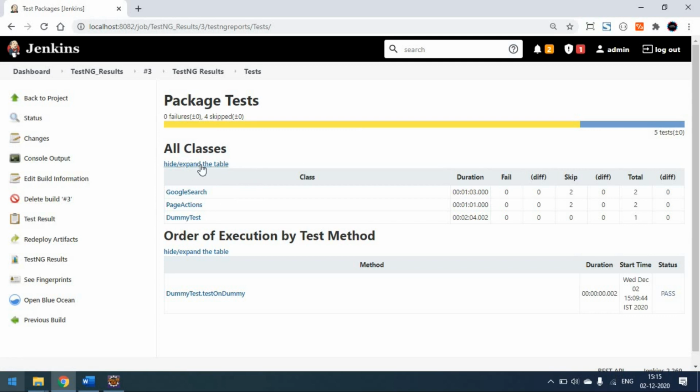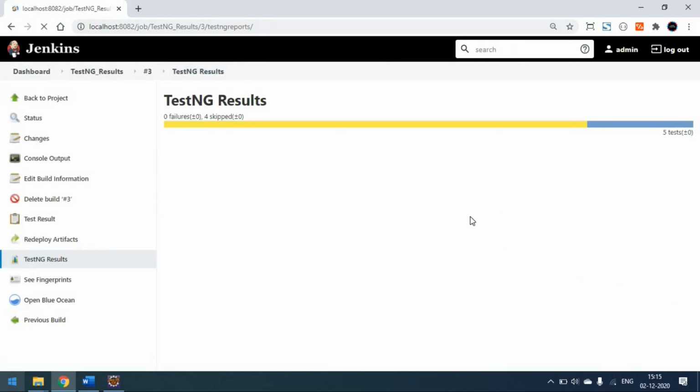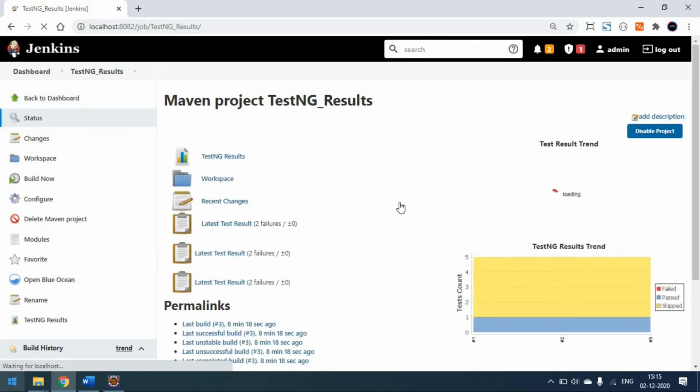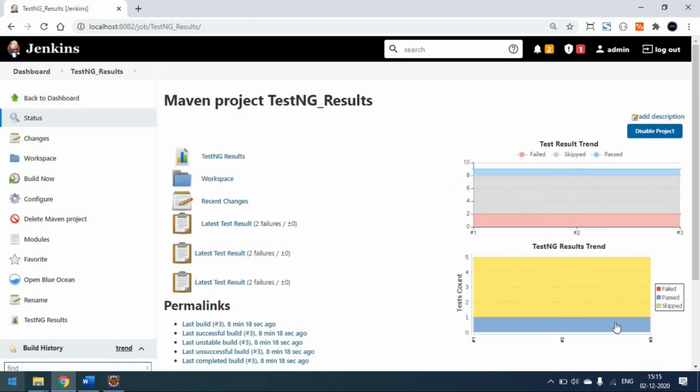Okay, so this is how we can expand this, and we can hide this, and yeah. So the trends and everything is working as expected, right? So now you can see the build number 1, 2, 3, right? And these are the test counts. So what else can we see?